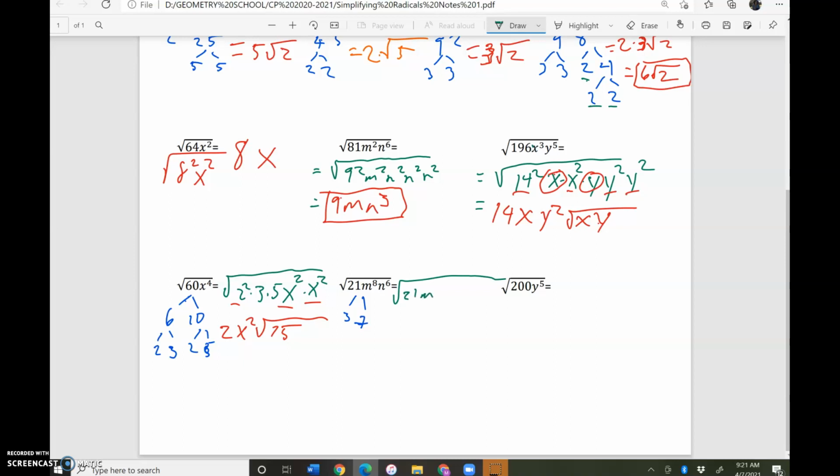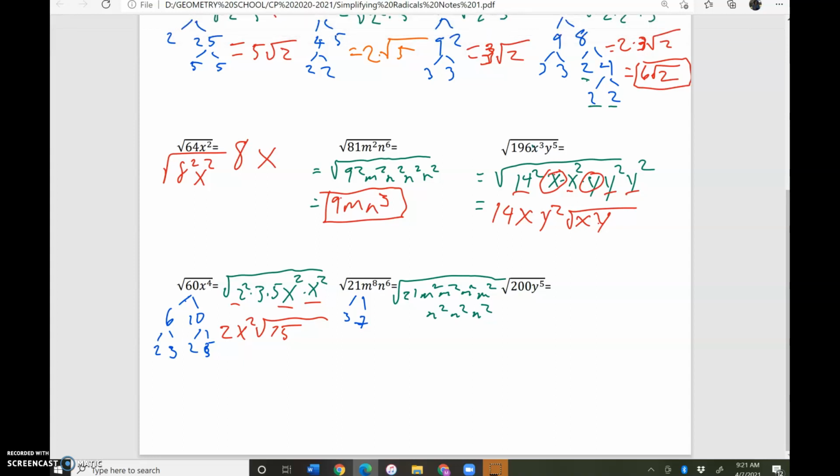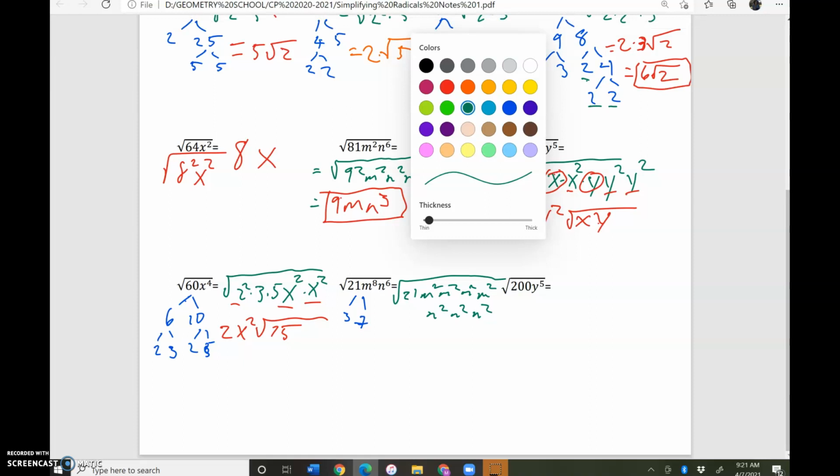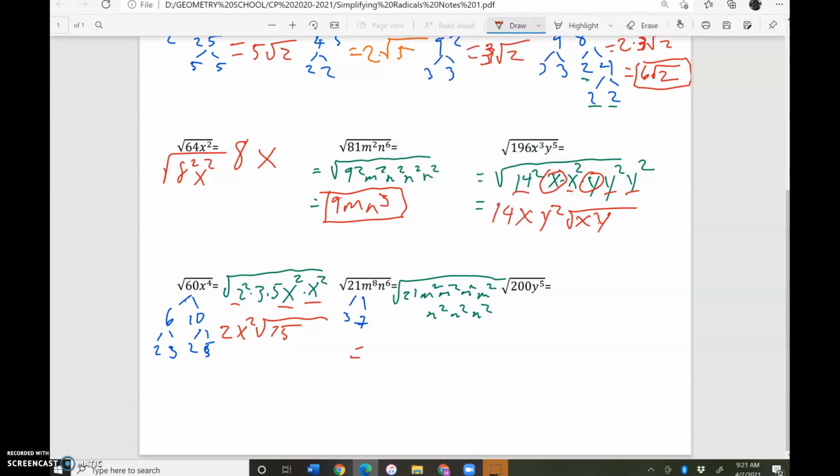And then I have m squared, m squared, m squared, m squared. I'm running out of room, so I have n squared, and another n squared. So all that's underneath the radical, since I ran out of room. So that's going to give me, what comes out? The 2 m's come out, the 3 m's come out, and this is actually supposed to be in